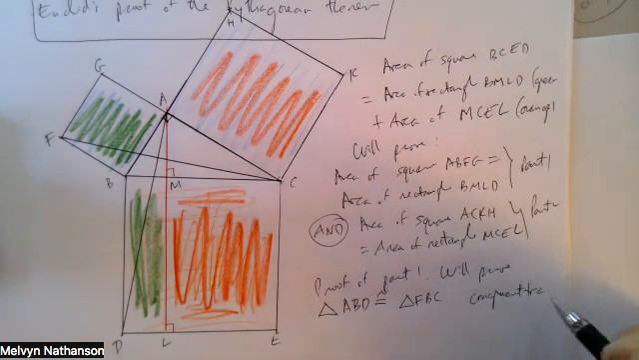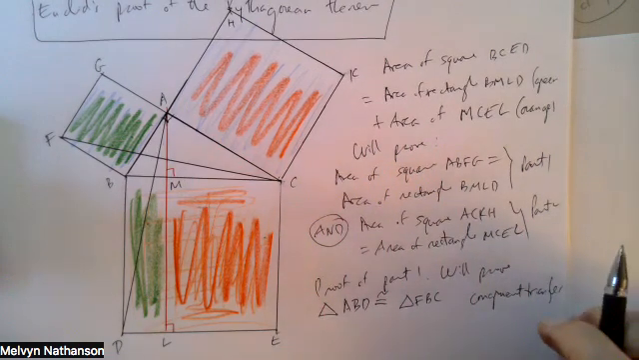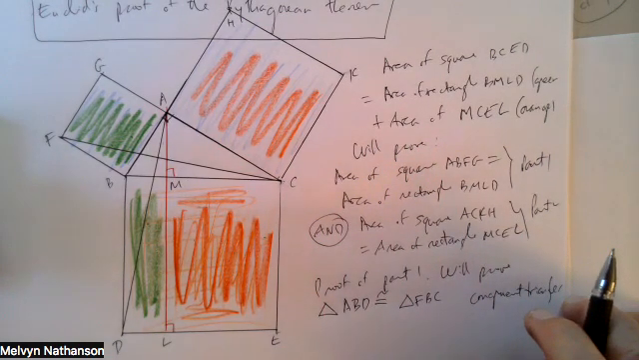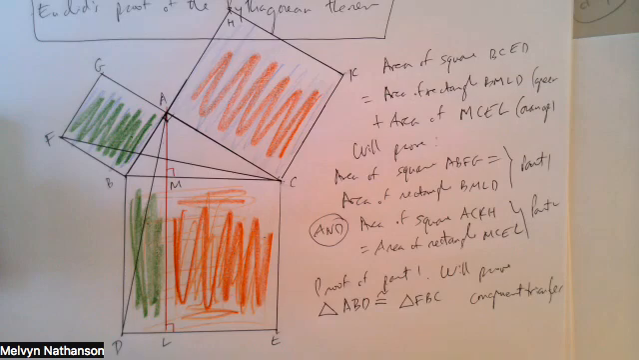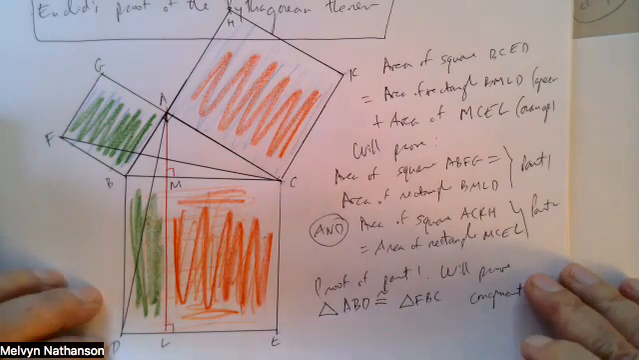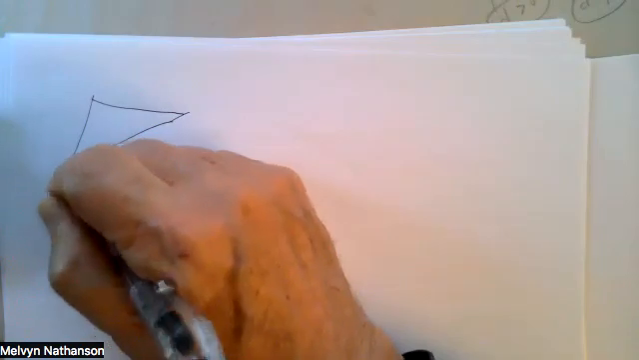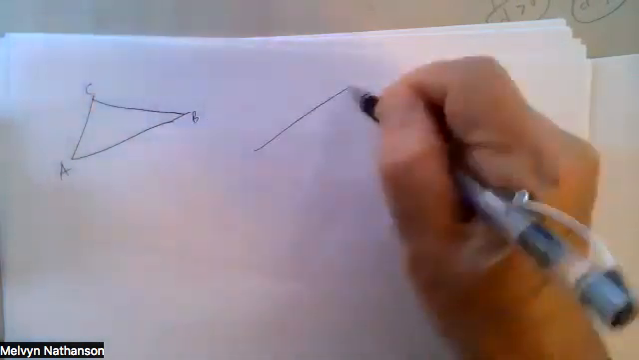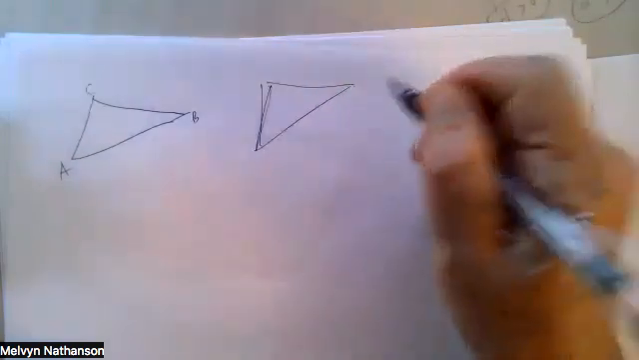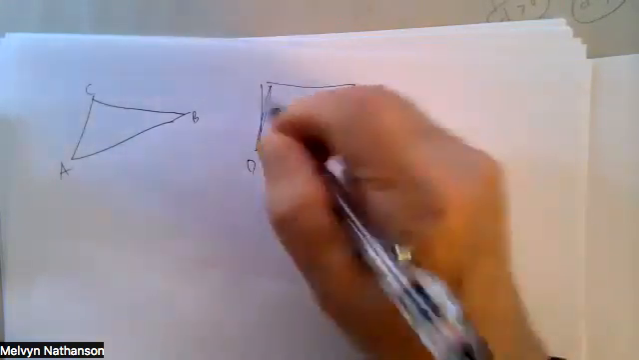So the first thing we're going to do is prove that these are congruent triangles. Now, Euclid had already proven various ways to tell that two triangles were congruent. So, for example, if you have a triangle ABC and a triangle DEF,